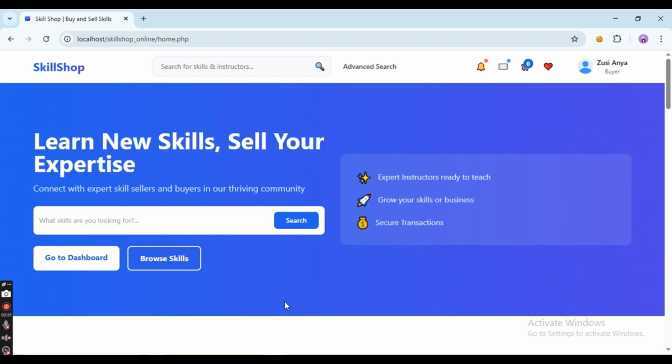Okay, now I'm in my Skillshop platform, and you can see I logged in as a buyer. In my Skillshop platform, the cart feature is only available for buyers. When a user logs in as a buyer, they can see the cart icon in the header and access the cart page. But if the user logs in as a seller, we see